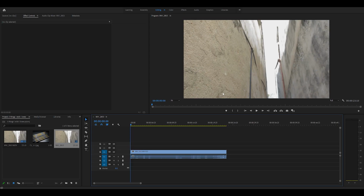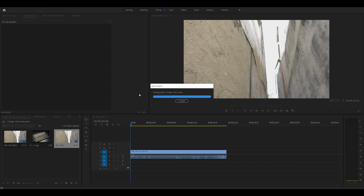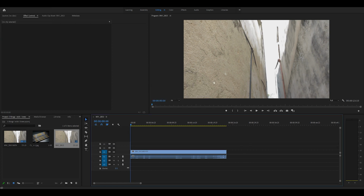Anyway, on to my third tip. The third tip is, for many people, considered silly, but for me, it's super important because you're going to run into this problem later on anyway, and that is saving. Now, I know it sounds stupid, but believe it or not, saving is quite important because of how constantly Premiere